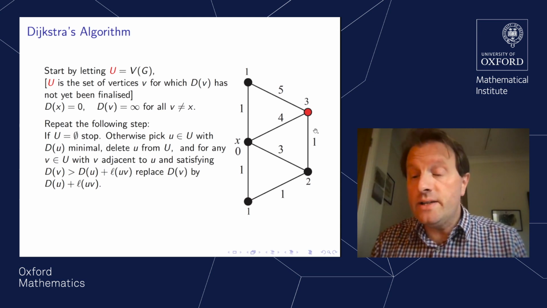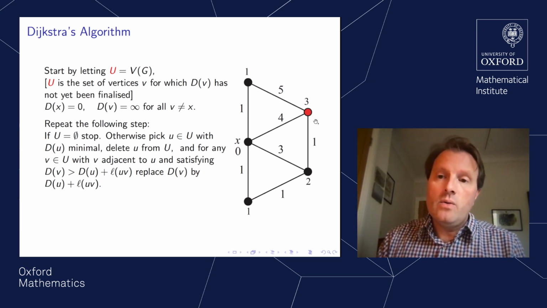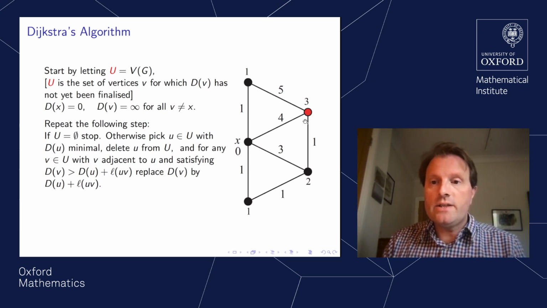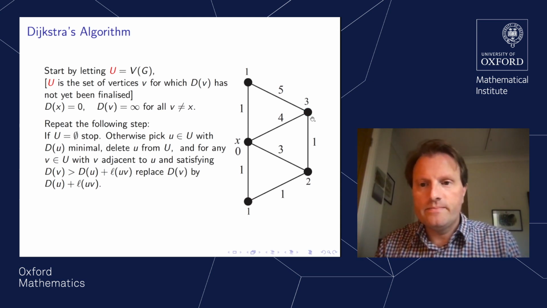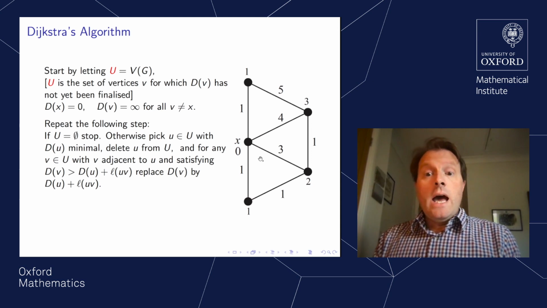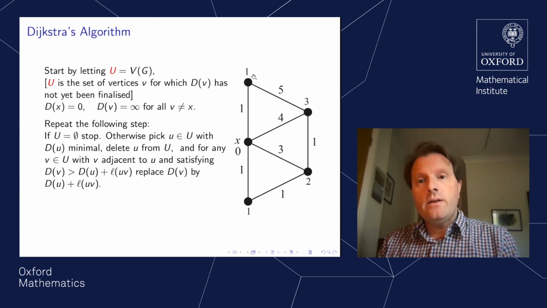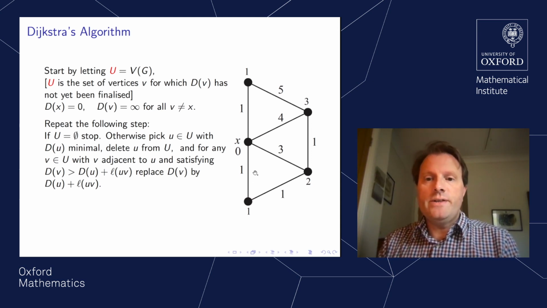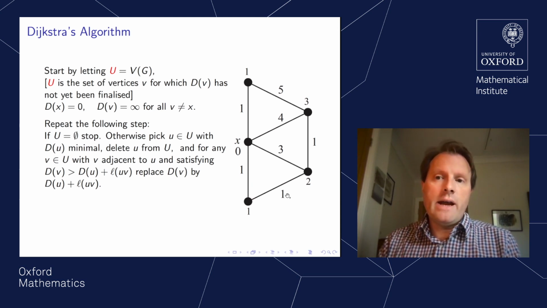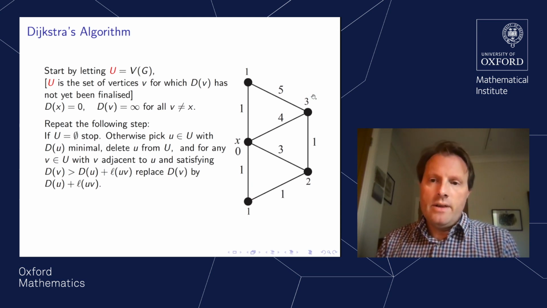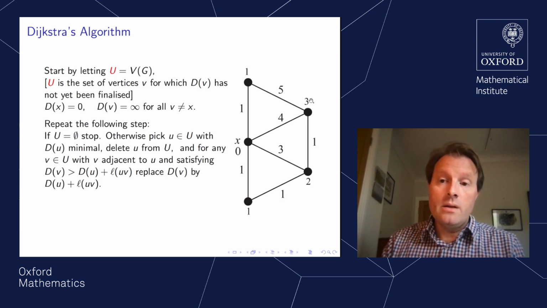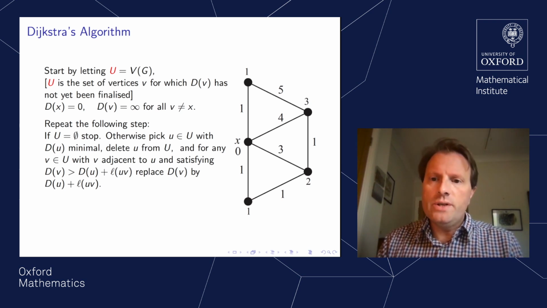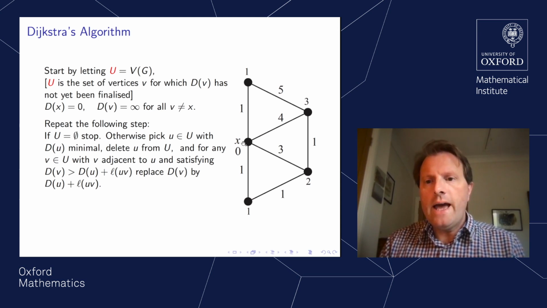Now we come to the final step of the algorithm. This is the last vertex, and we finalize its d value, and we stop. And as you can see, the d values on these vertices really are correct. They do represent the length of the shortest path, the L length of the shortest path from X to that